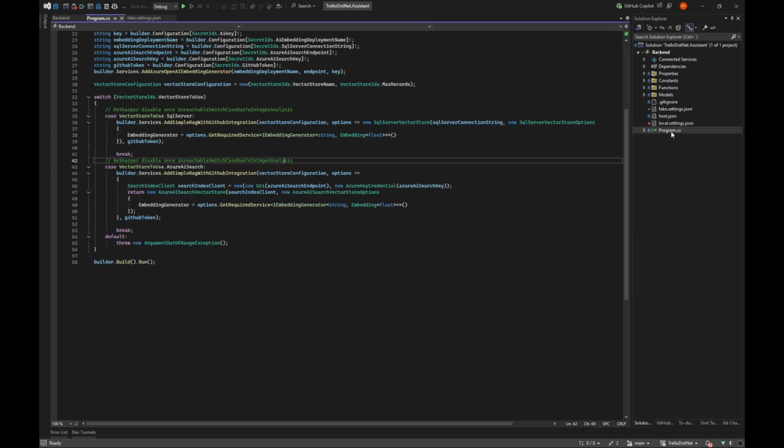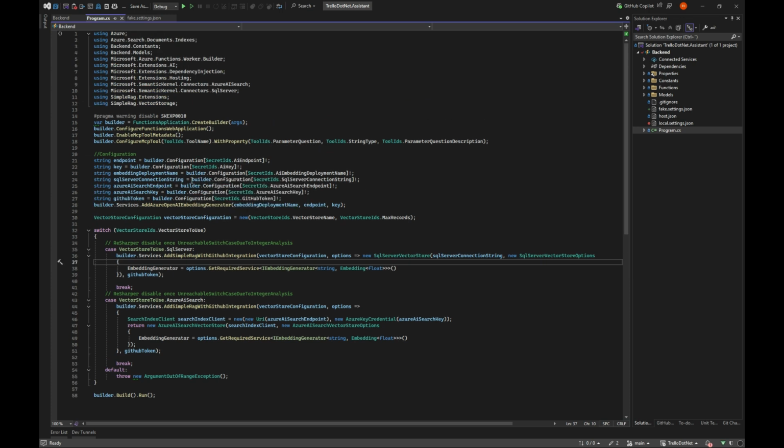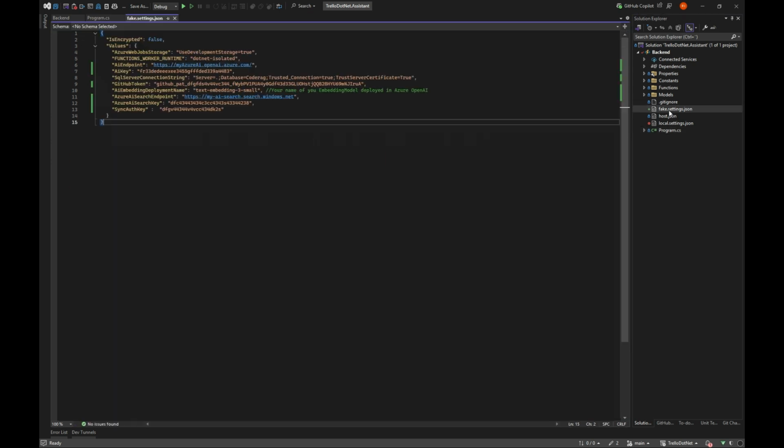So the first thing we do in order to do this is to grab a bunch of different keys for different services. And I made a fake settings file here, so all these are not real data. So look at them as you want. I have the real one down here, which is not on GitHub, so I don't get hacked or anything.